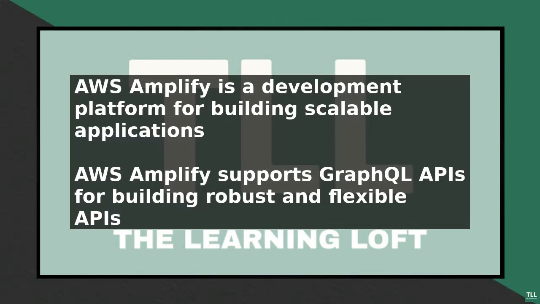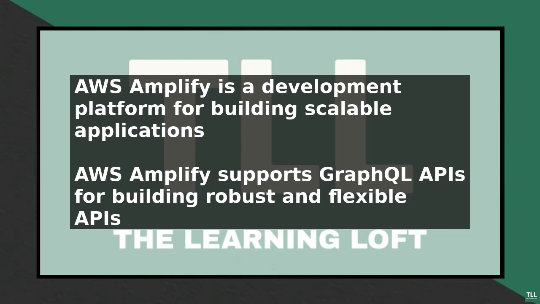Introduction to AWS Amplify GraphQL API. AWS Amplify is a development platform provided by Amazon Web Services that helps developers build scalable and secure applications with ease. One of the key features of AWS Amplify is its support for GraphQL APIs. In this tutorial, we will explore what AWS Amplify GraphQL API is and how it can be used to build